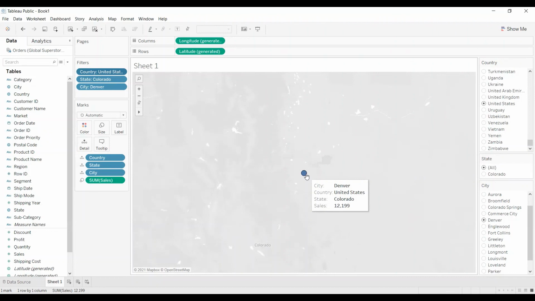The main point over here is that a cascading filter is only possible whenever you have a hierarchical relationship between the two columns. If you don't have a hierarchical relationship between two columns, cascading filters will never be possible. So that's the important thing that we need to know. Wherever you want to create cascading filters, first make sure that those columns have a hierarchical relationship between them or not. If not, then cascading filters are impossible.